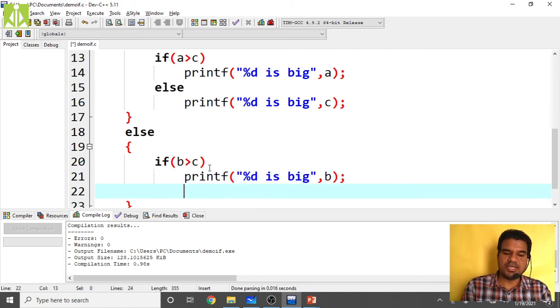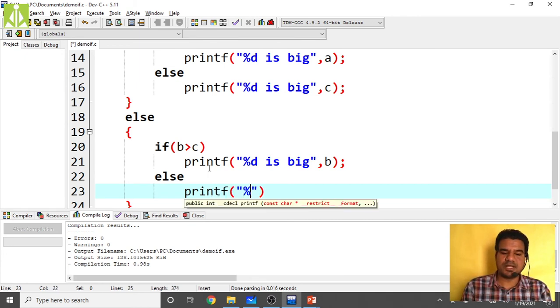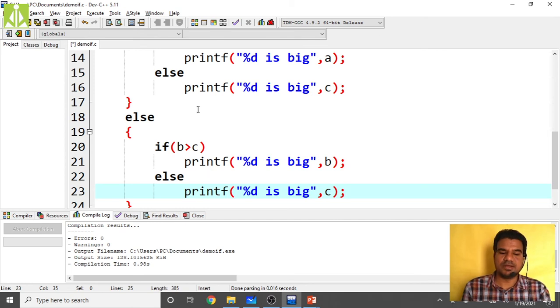Put the semicolon at the end. Next, inside the else part, printf %d is big, and here the value we have to print is c. Put the semicolon at the end.